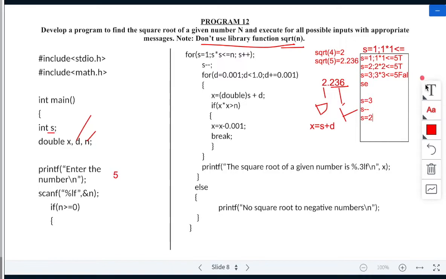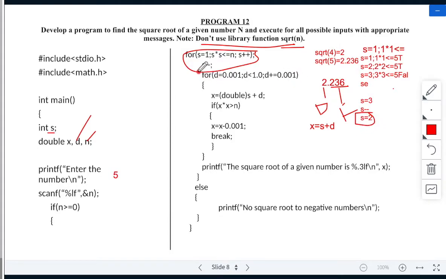Got it? Everyone understood these two lines? You take any value, only execute these two lines, and you will get the integer part. So I got my s is equal to 2.